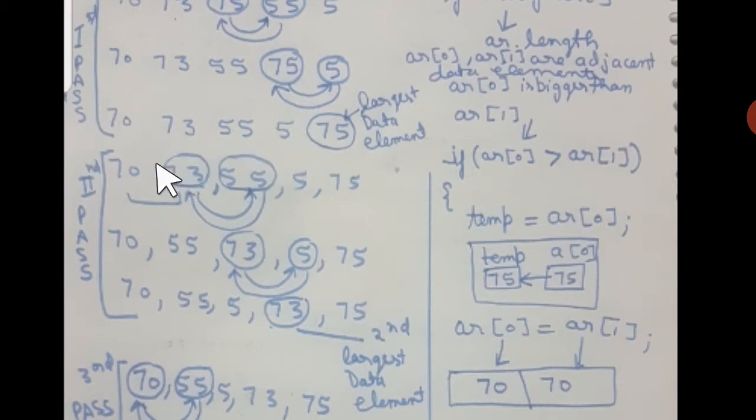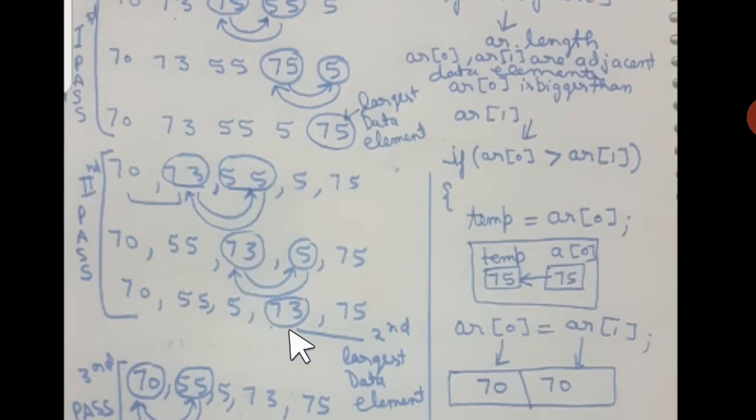Students, after that we go for the second pass with this data, not the original array. Now the data is like this in the array. Now when we perform, again we start with 0th location, 0 with 1, 1 with 2, 2 with 3, but not with 3 with 4. Right, we have to stop at 2. You can see here, because 75 is already largest, it has got its proper position. All right, so we have to just compare the data of index number 2 with 3.